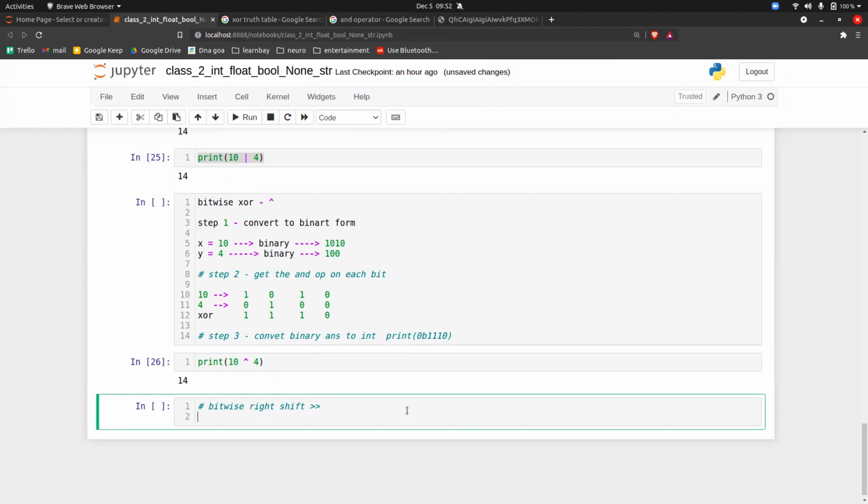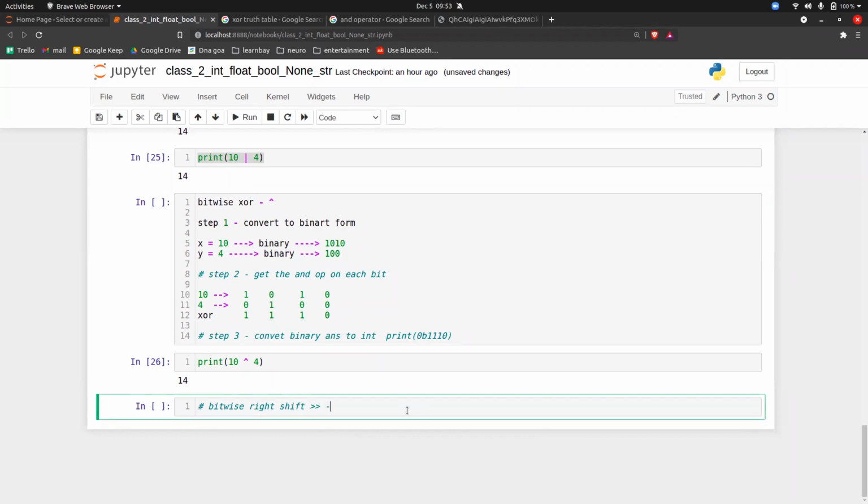Okay. So how does this work? You have to just remember the formula, guys. And the formula is a floor-divided by 2 raised to n. This is the simple formula that you have to remember.